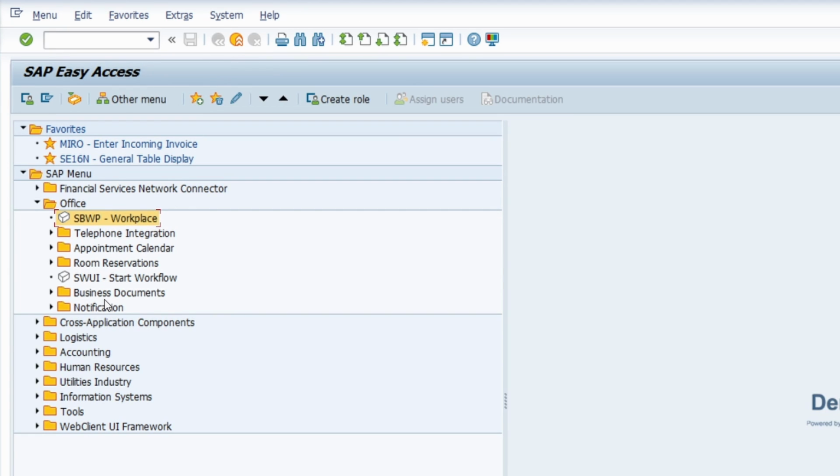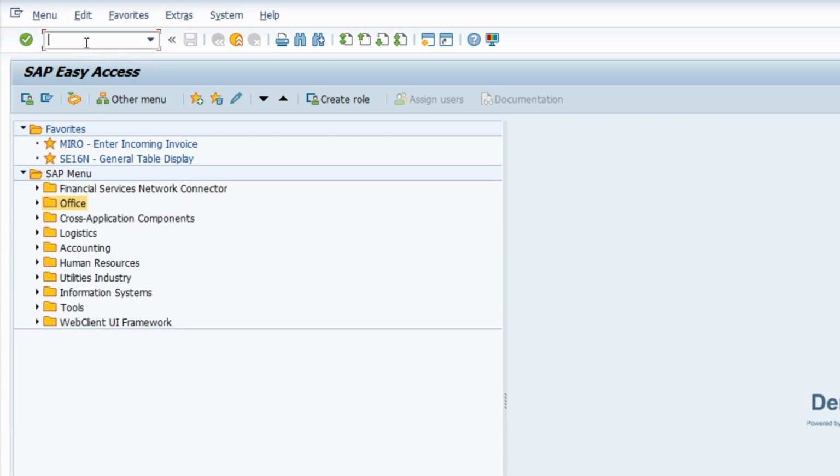If you're not 100% familiar with the structure and these transactions, you can also search within this menu. To do this, you have to use a term in the command field, and this is